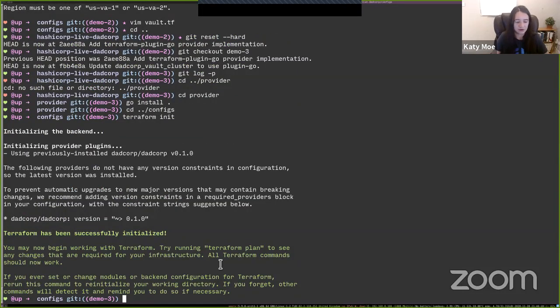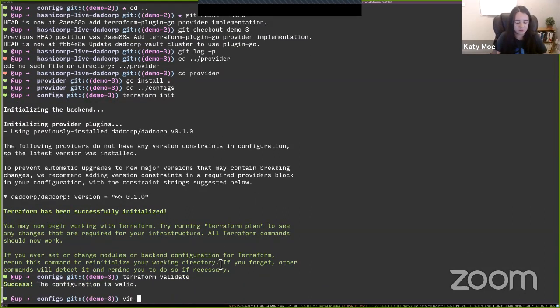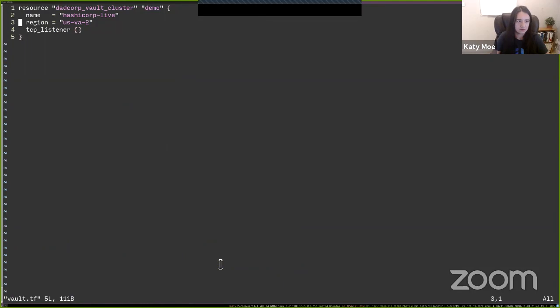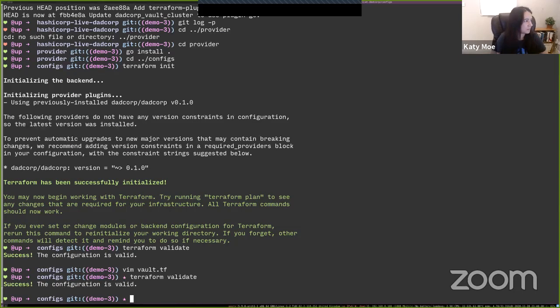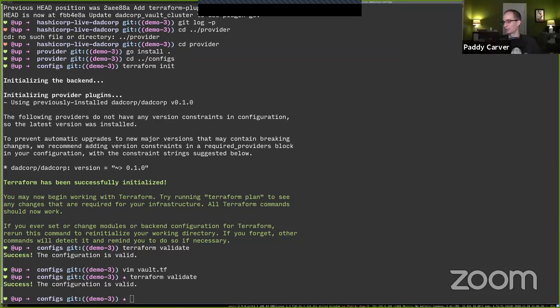We can run this. And now we can validate our config. We can put in new regions. Validate our config. Paddy, was there some test change here as well? There was not a test change. I mean, the test should still pass. That's the good news. But no, there shouldn't be a test change. But if you do a region that is not invalid, then it should break and let you know that.